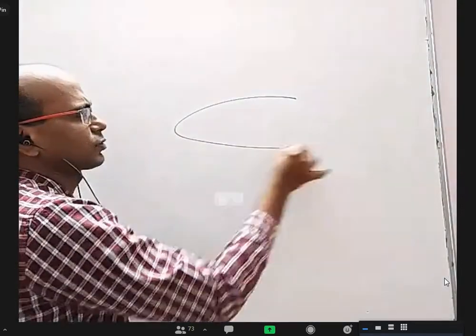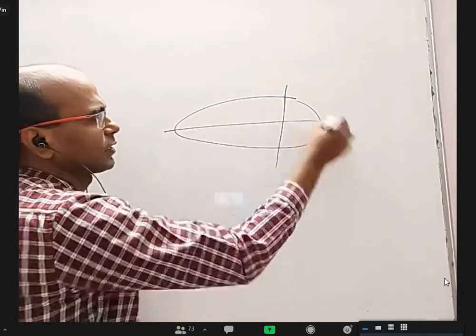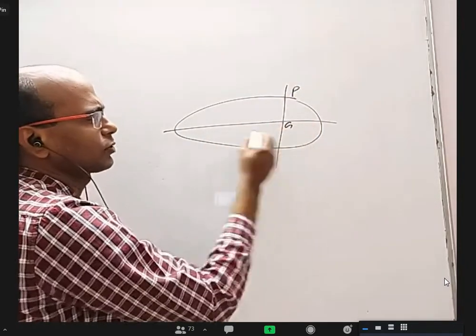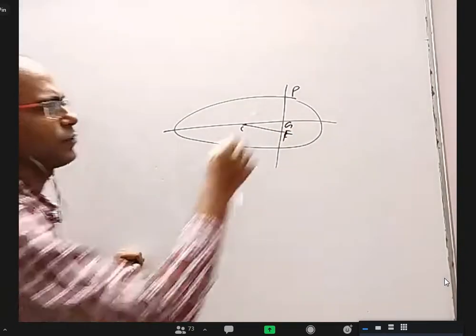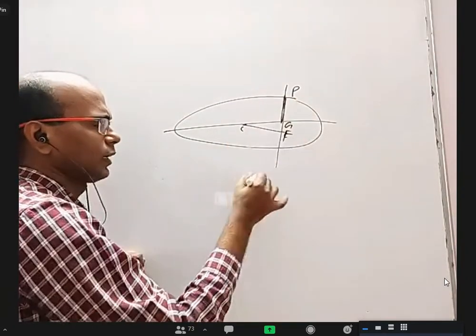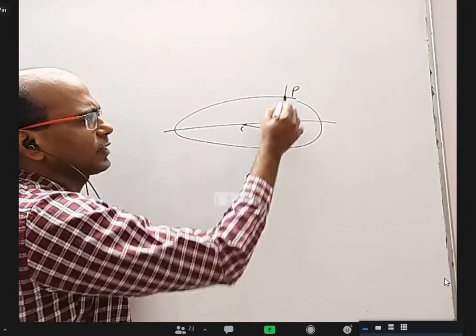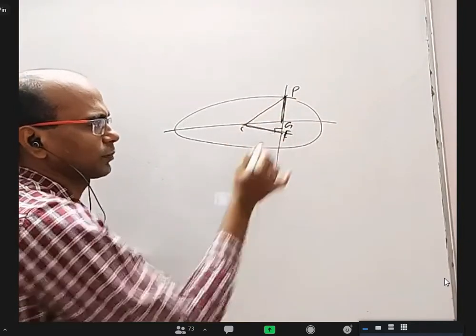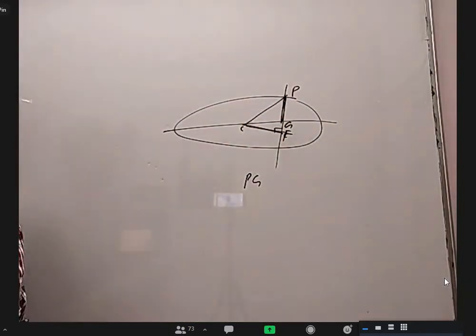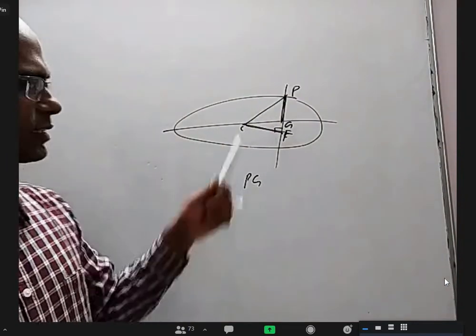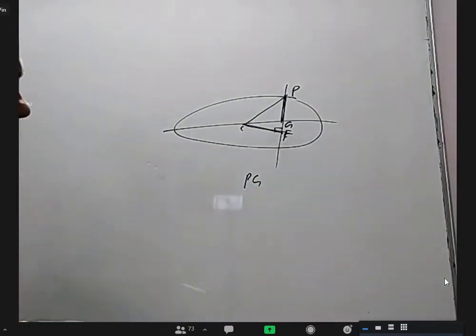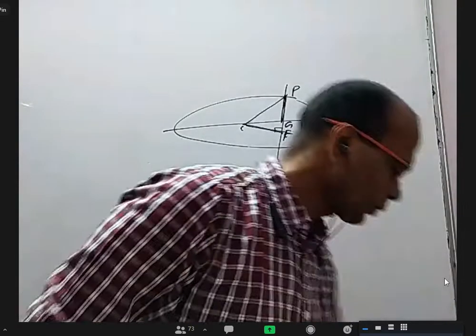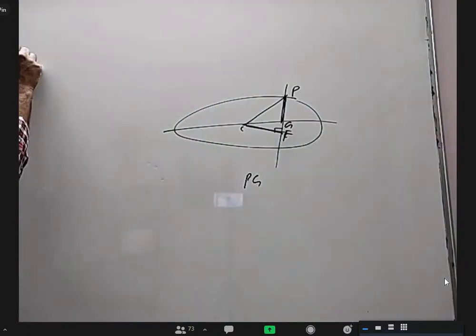Okay. Here, I may not write the full solution. Method 2, I'll just give an idea. I already know P, I already know G. I don't want to find F, but I can find PF length. I may choose to find PF length as PC square minus CF square. PC square is easy. Why is CF square easy? From the origin, perpendicular distance. Shall we try it otherwise? Let us see. Method 2.